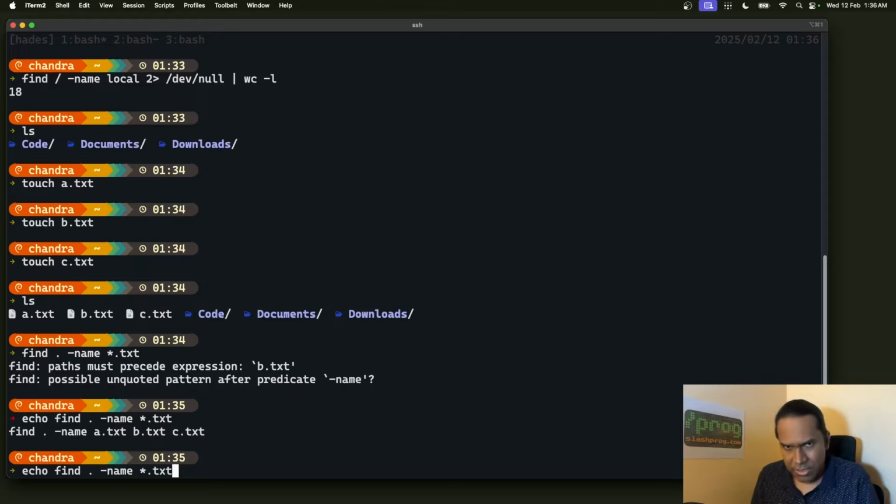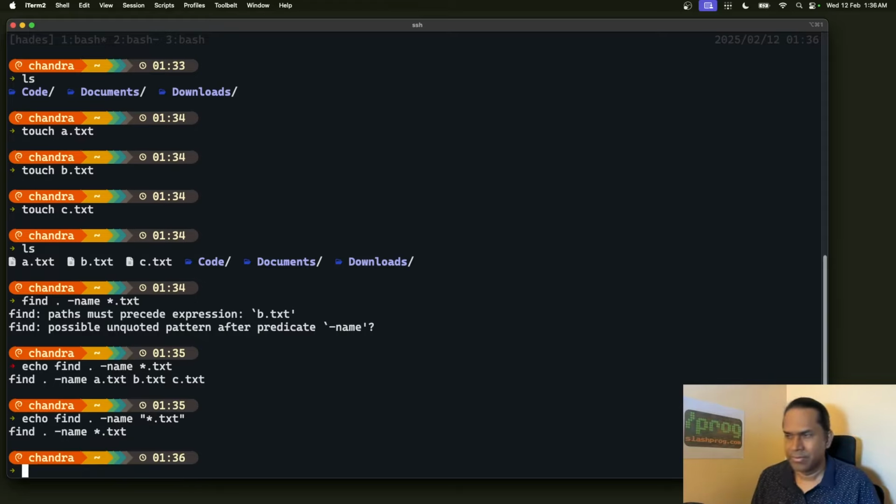So to make it work, you need to put this in quotes. When you use single quotes or double quotes with the name, you're trying to ensure that the shell does not apply any expansion or even word splitting operations. If your file name also has spaces, you need to quote them, right? So it's always suggested that when you use the -name switch, use it within quotes. So when I run this command now without the echo,